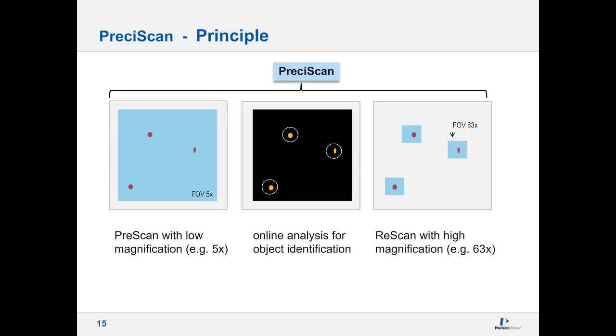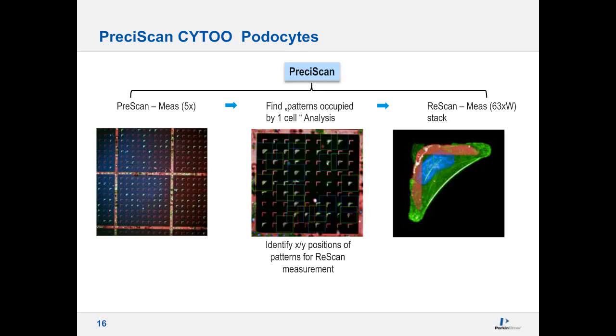I'm going to show you this on an example we've done on a Situ slide, which you see here. Situ provides micro-patterned plates, micro-patterned slides, and this is one example. These slides are covered with a pattern which only allows cells to adhere to these little triangular shapes that you can see here on the left, and typically only one cell will adhere.